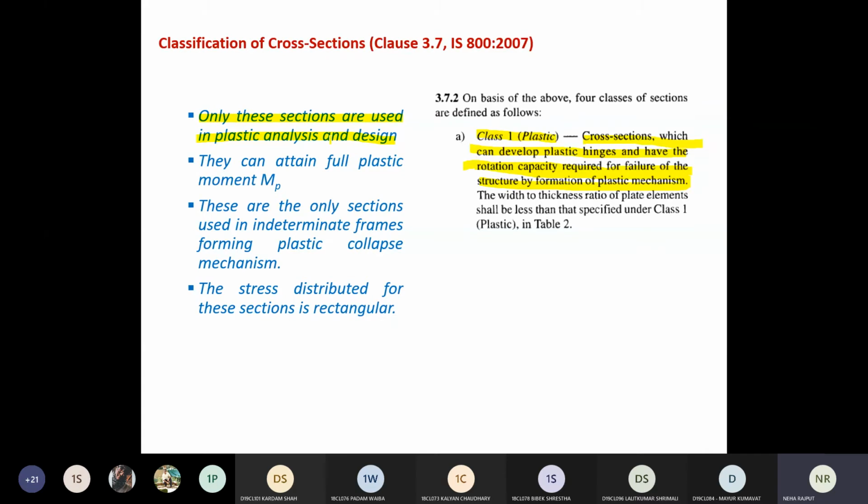So if it is mentioned that you need to design your section for plastic design only, then the section which falls in this is designed for that plastic section. And to identify whether a section is plastic or not, you need to see Table number 2 from IS 800. So we will see that also later on.